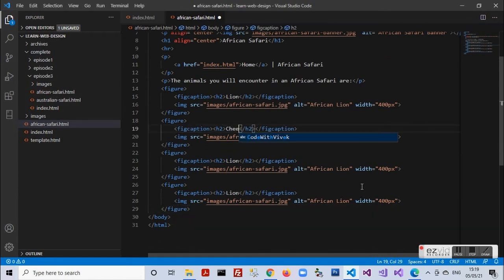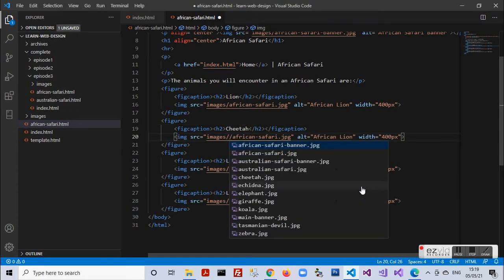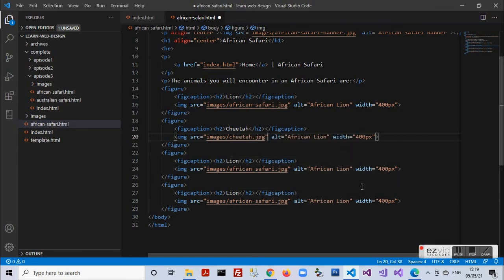So after lion it was cheetah. So our animal is cheetah. I need to change the alt also, and this is complete. So next I move on to elephant.